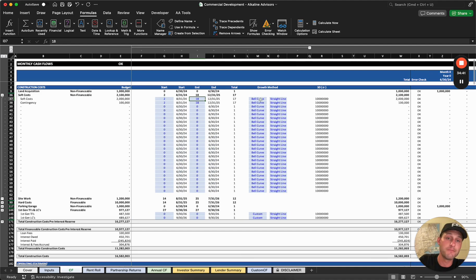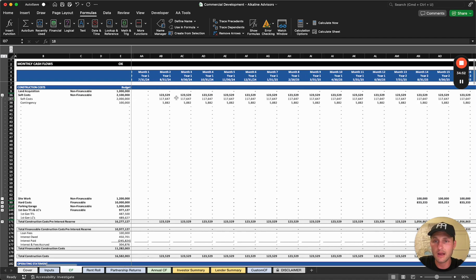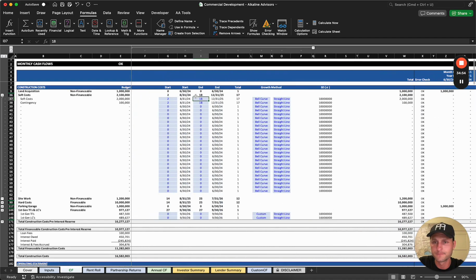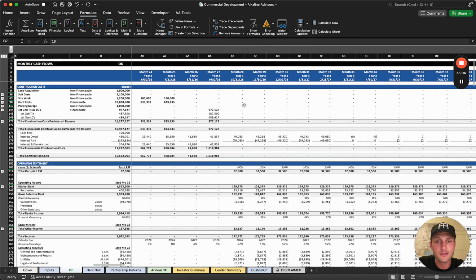And is it bell curve? The bell curve, you can toggle between straight line, small bell curve, large bell curve, or custom, and the custom ties to the custom cash flow, which we'll get into in a second. But here they're straight lined, so it all flows accordingly. You'll see in the first generation TIs and LCs, we have custom, and you'll see they all hit in